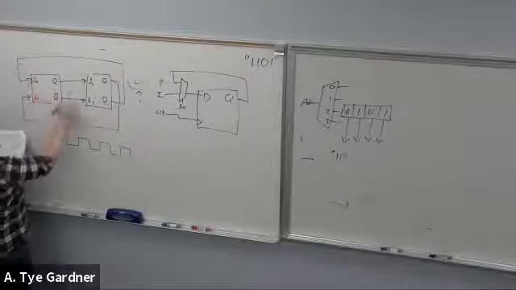I'll do Q0. It starts at 0, triggers it to 1, and then this clock cycle happens, and then this clock cycle happens, and it's the second clock cycle that causes it